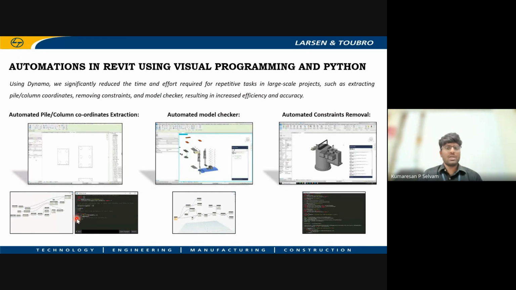and update them in the attributes table. And this is the automated model checker, which checks for redundancy of models, where two staircases or two slabs or two equipments have been modeled and kept. Those inaccuracies and repetitions will be checked by this model checker, which is also developed using Dynamo and Python, and it will automatically give you the output.